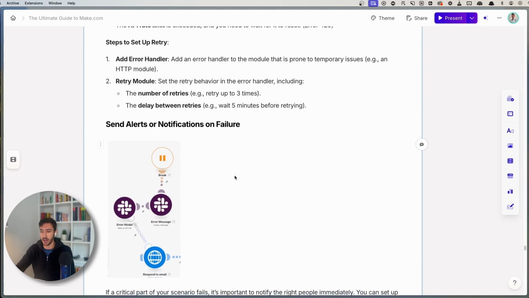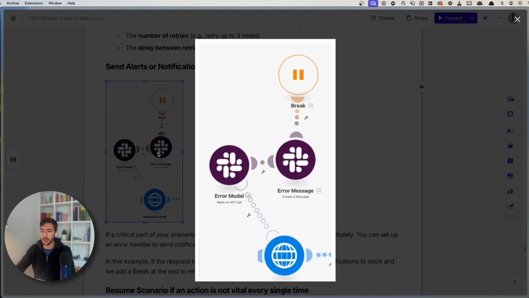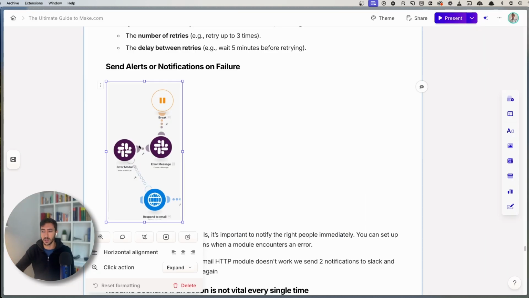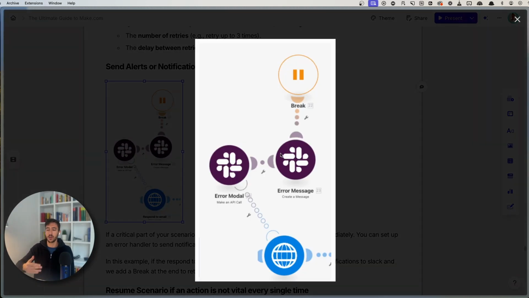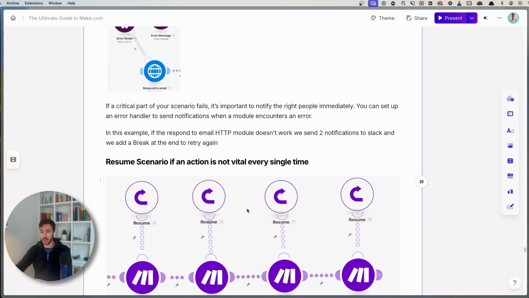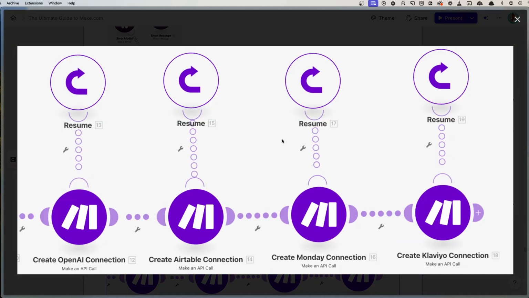when you work with API directly. Another possible thing could be something like this, where you can add alerts or notifications when you have a specific error, and then you can add a break after that in order to rerun this and make sure that this actually works. So in this way, you also have a log of what is actually happening, and you don't have any problems related to that. And one last option that I have over here is to resume a scenario